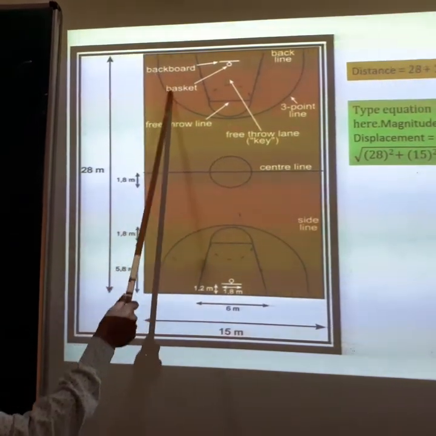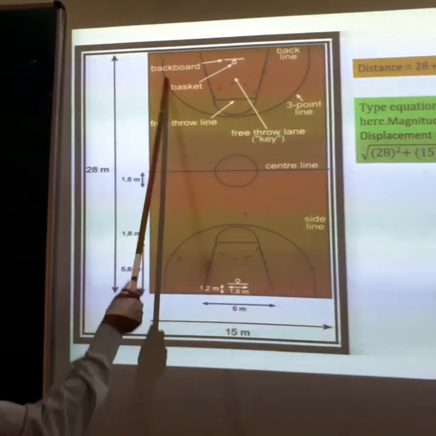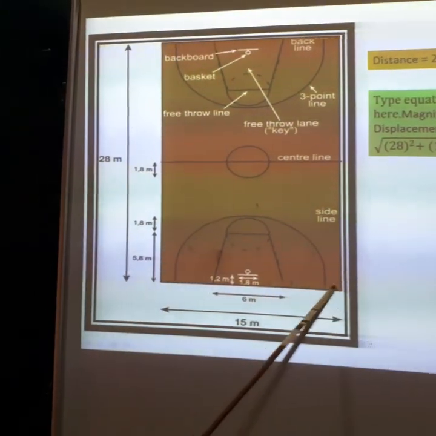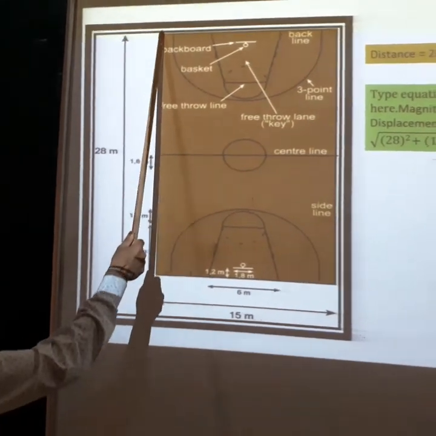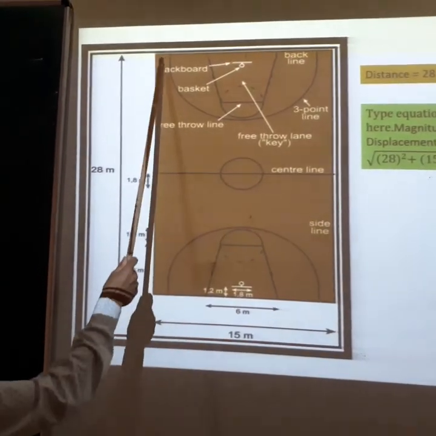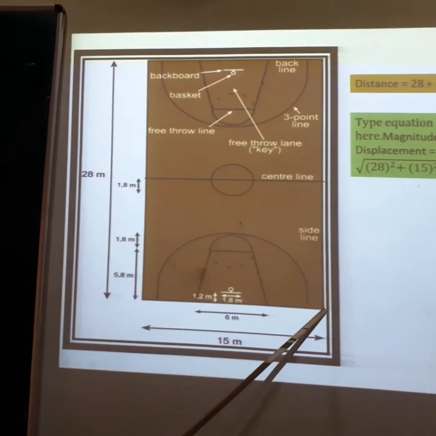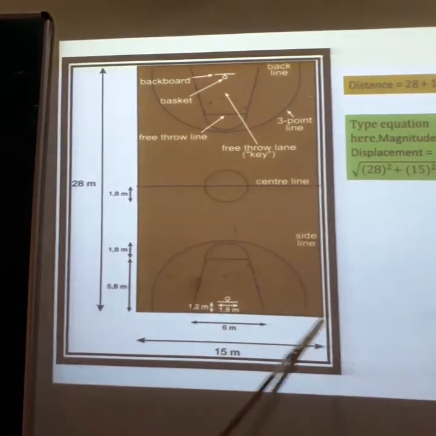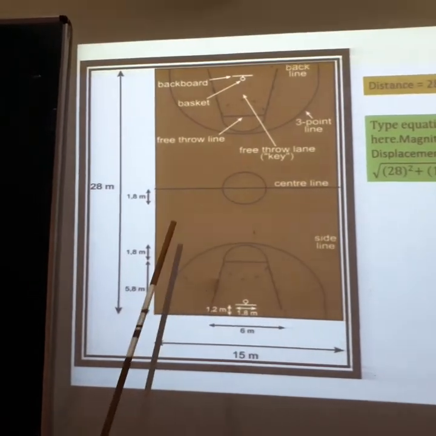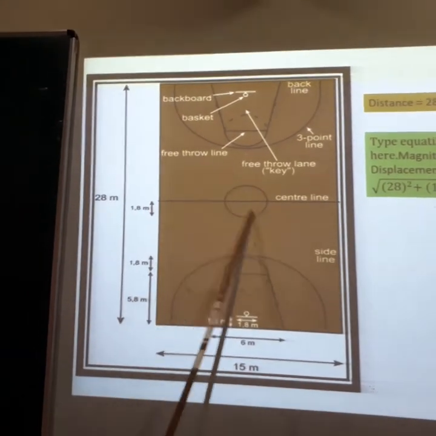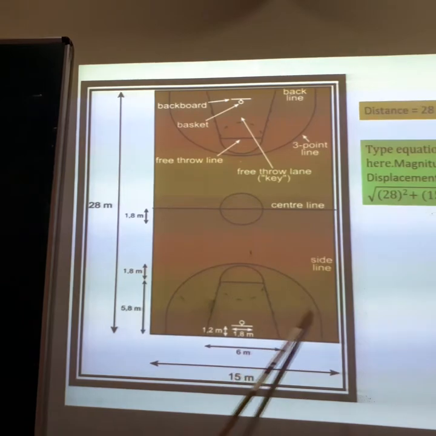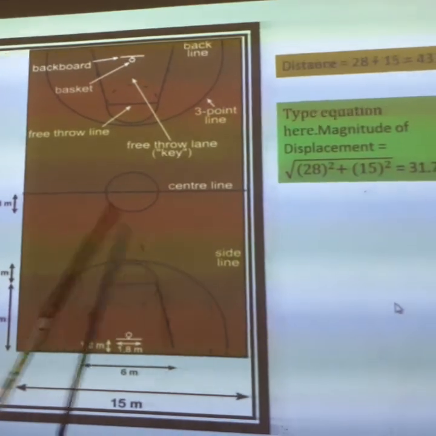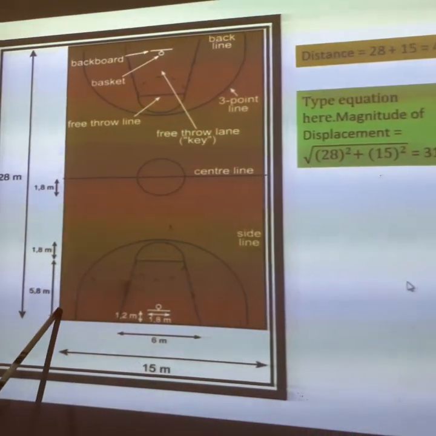So we will determine this length, that is the hypotenuse of this right angle triangle. This distance, that is the magnitude of the displacement, will be the hypotenuse of this right angle triangle. So we can apply the Pythagoras theorem to find this magnitude of displacement, that is the shortest distance between two opposite corners. According to the Pythagoras theorem, this hypotenuse is equal to the sum of the squares of the perpendicular and the